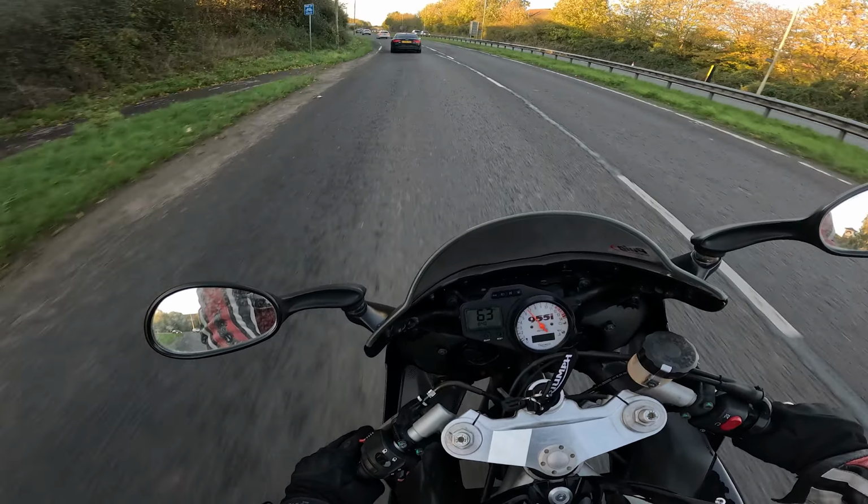You haven't got hydraulic clutches, although modern day super sports don't have hydraulic clutches either. I prefer cable clutches, in my humble opinion. I think they ride better, a little bit more feel, but that's just me. ABS, no ABS to speak of on something like this. But if you're a decent rider, ABS isn't something that I think you'll ever really need, even in an emergency